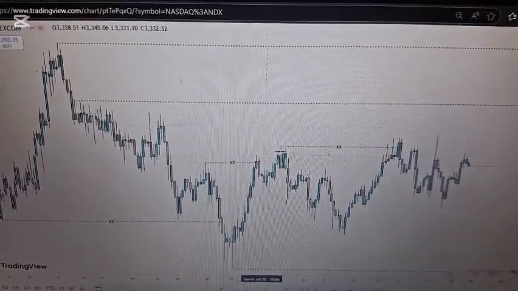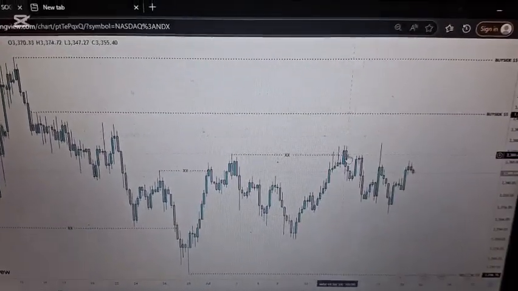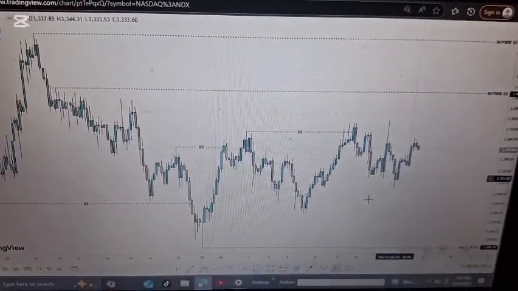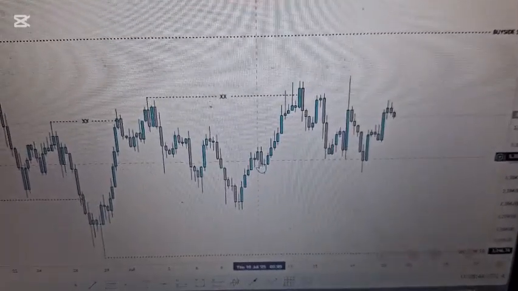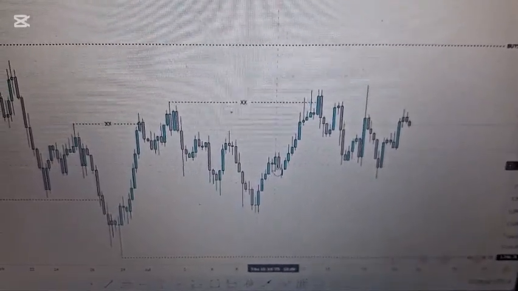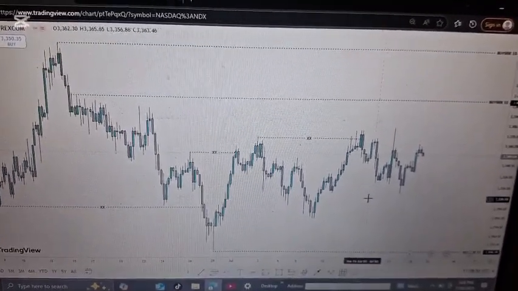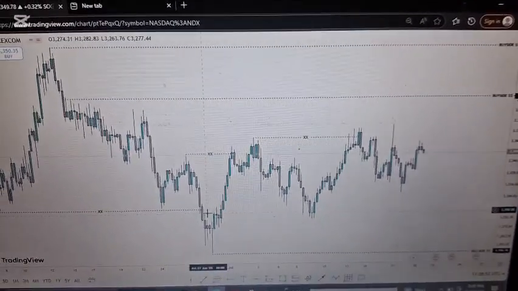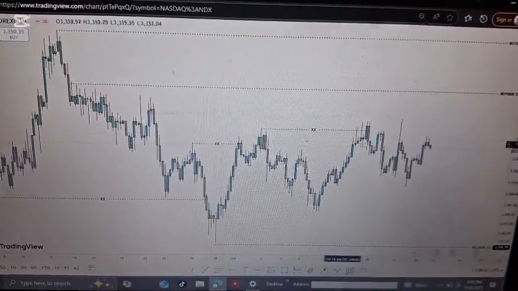Went up, broke the high again, so he took out this liquidity. Now he took out this liquidity as well. Came back inside again, meaning he wants to retest the order block here, retested on this order block. Right now it's looking like it's reversing. So what I'm seeing right now is price took out the liquidity on the sell side. So right now he's seeking liquidity on the buy side.